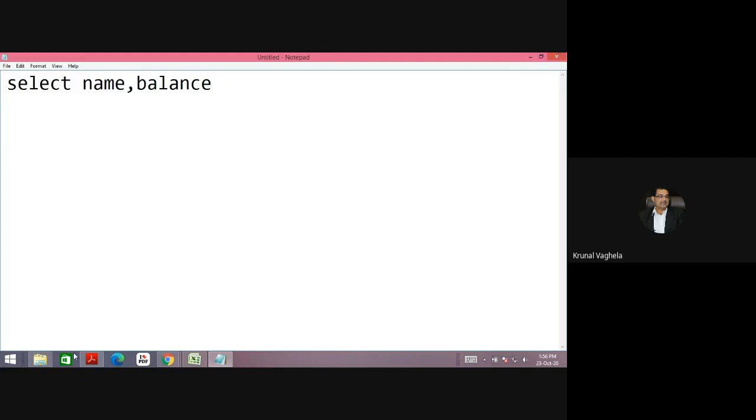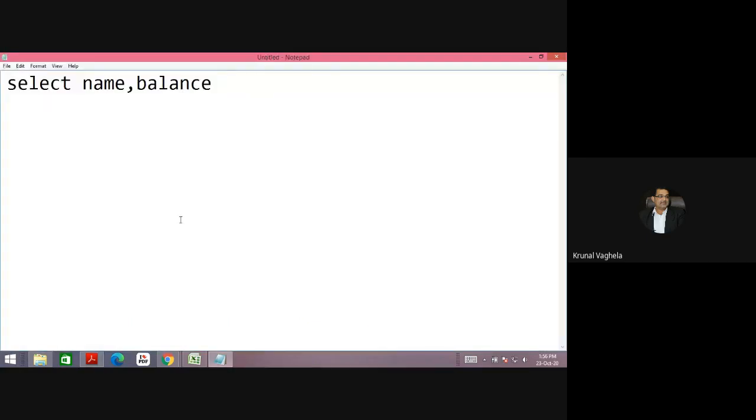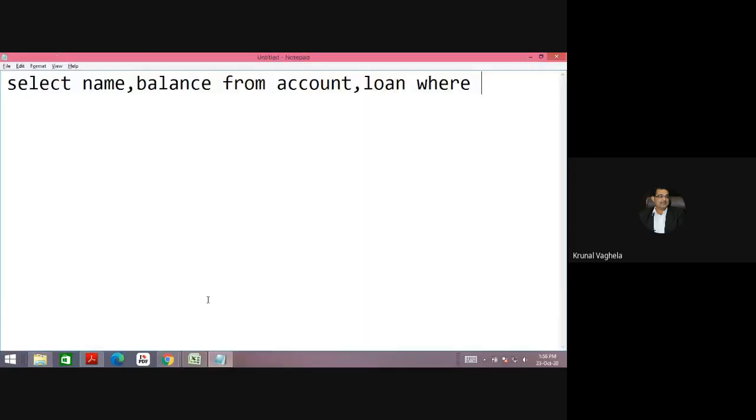Name and balance of account holder whose balance and remaining loan are same. So select name and balance from two tables, from account, loan, where my condition is that balance should be equal to remaining loan amount.